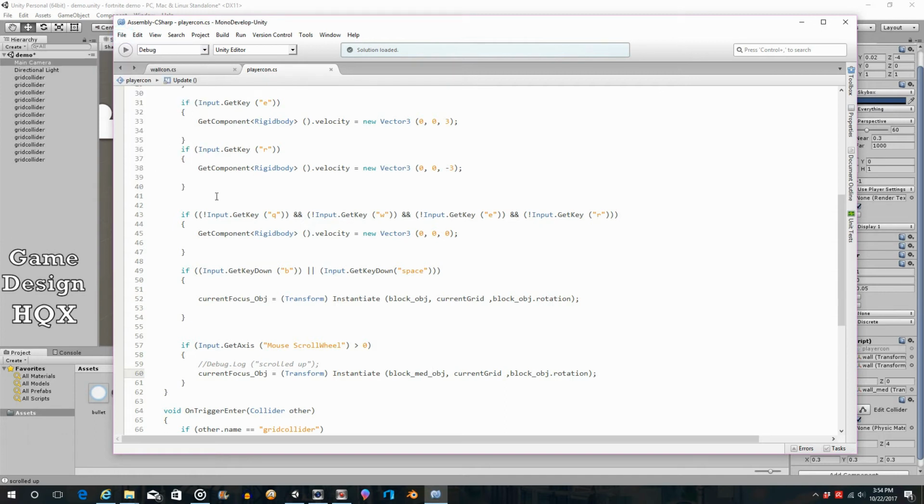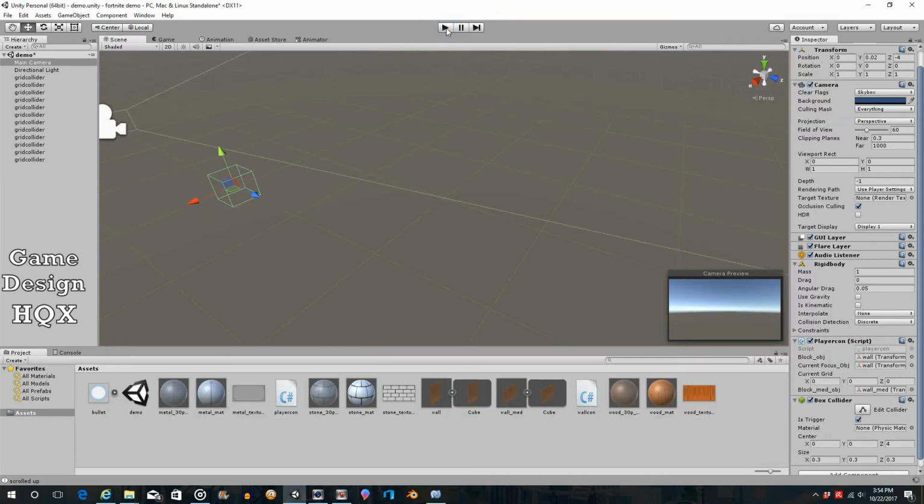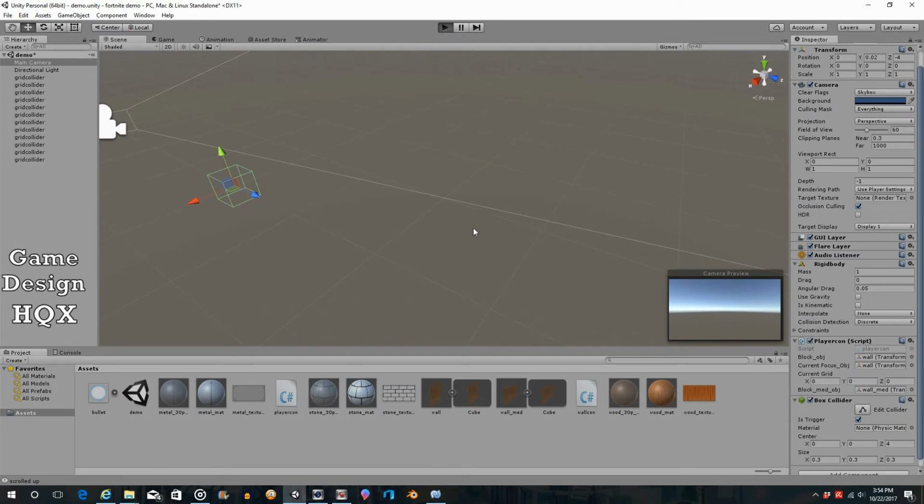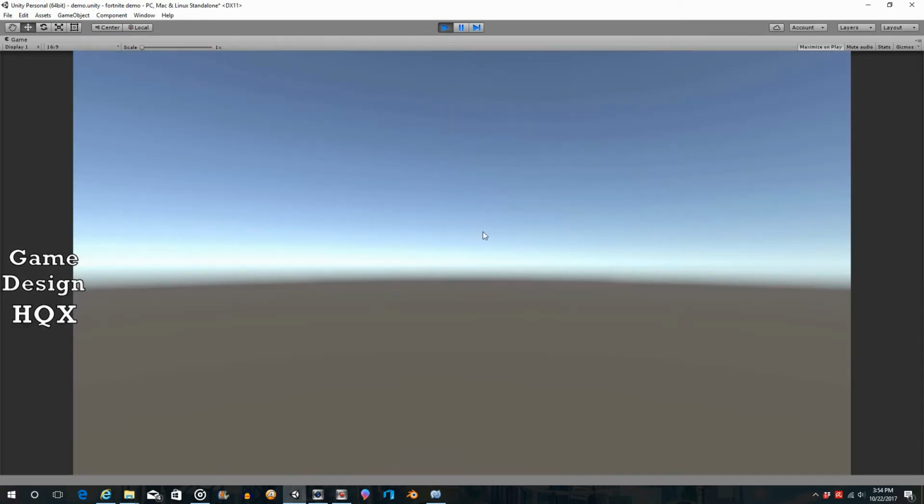So let's just see if that works, that when I scroll the scroll wheel, we get the smaller object. We'll press B for build, and now I'll scroll the scroll wheel. And as you can see, we now have the small wall. We just need the bigger one to disappear,